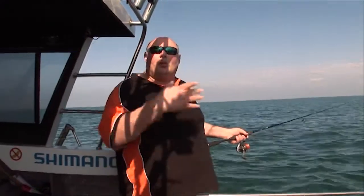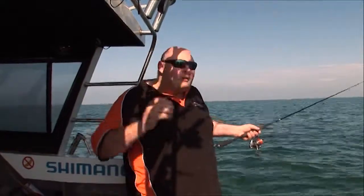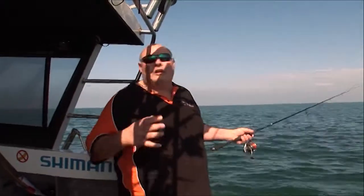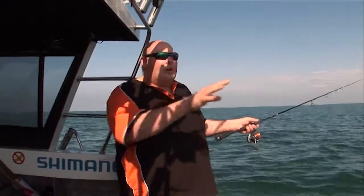Working plastics, working jigs, try and create something. We've got the burley going out, we've got all the bait sitting out there, we've had a good run so far. Now it's gone a little bit quiet. Most guys will just tend to sit back and relax. That's the time to get out and start working. Try and create it. Keep making sure that burley's running out nicely and trying to scope the area